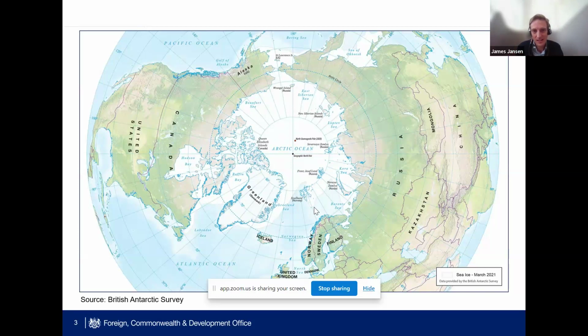So the US, Canada, Denmark for Greenland, Iceland, Norway, Sweden, Finland, and of course Russia. Noting that Russia there is about 40 to 50% of the Arctic, so it plays a fairly substantial role in relation to Arctic affairs. Now, the Arctic, of course, during the Cold War was a zone of confrontation, effectively. But as the Cold War thawed,